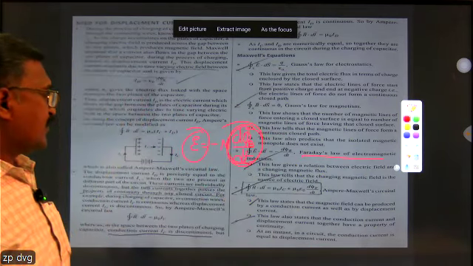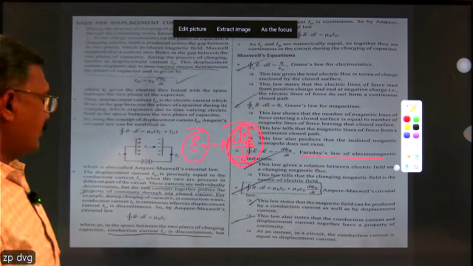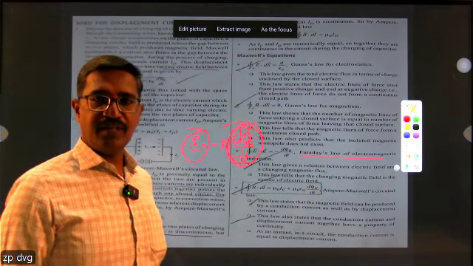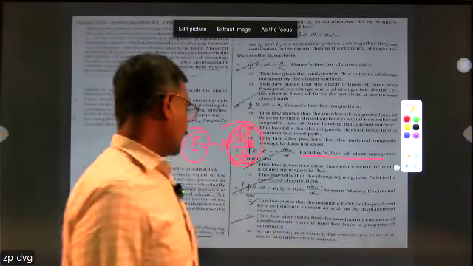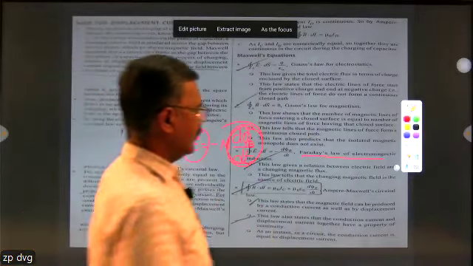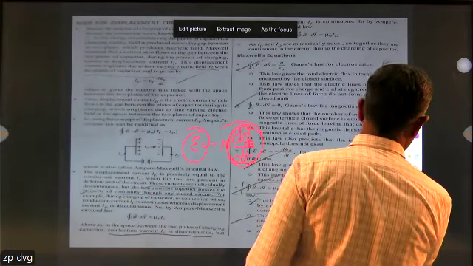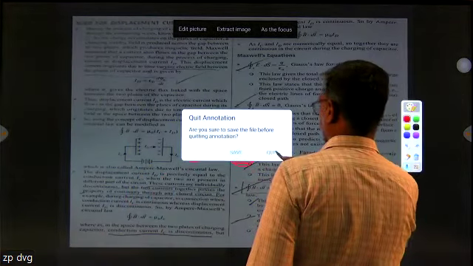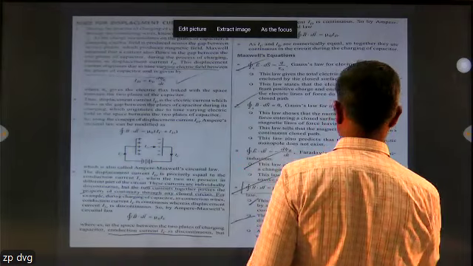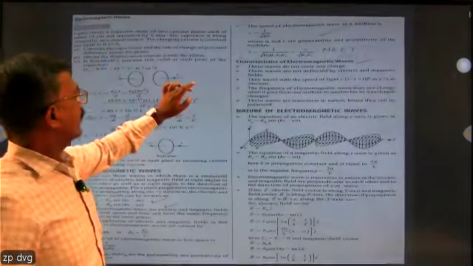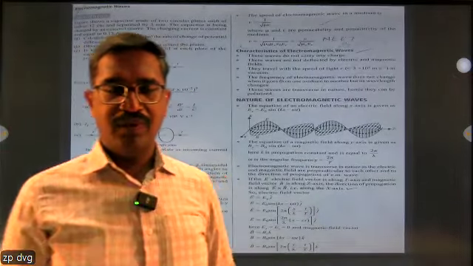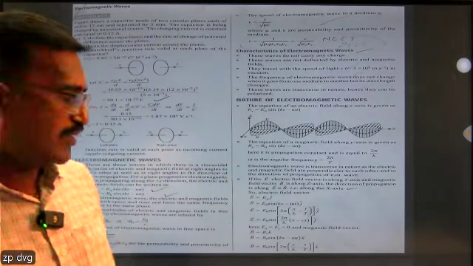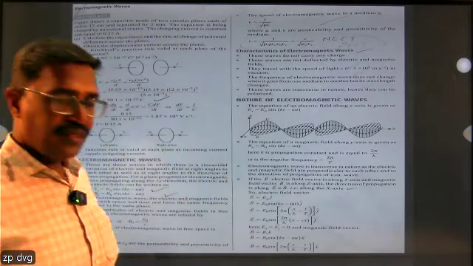Correct? So the fourth Maxwell's equation is the one we have just seen, that is Ampere-Maxwell equation. So this is about Maxwell's equations. After looking at these equations, Maxwell predicted the existence of electromagnetic waves. What waves? Electromagnetic waves. When he studied all the Maxwell's equations, he came to the conclusion that there is a